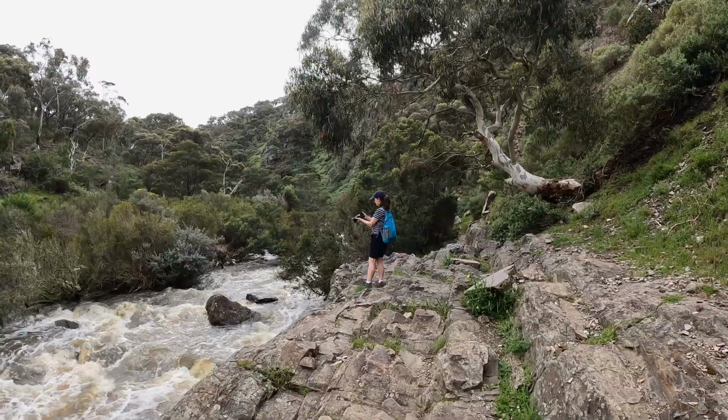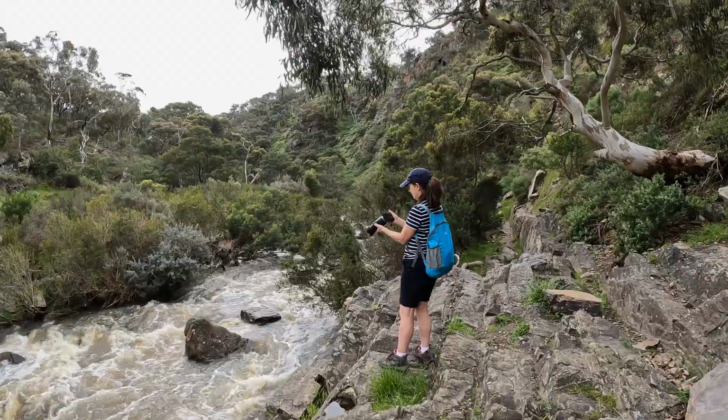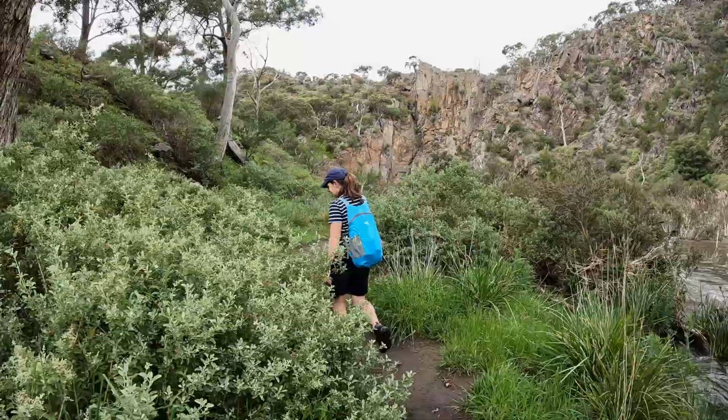In fact, it probably would also work if you had a high-end, say, A7R4 as well, because you'd be able to crop in and still get decent images from it and have that massive zoom up over 400mm. So it's terrific. It does have stabilisation as well, which is great, and I've done a couple of tests of